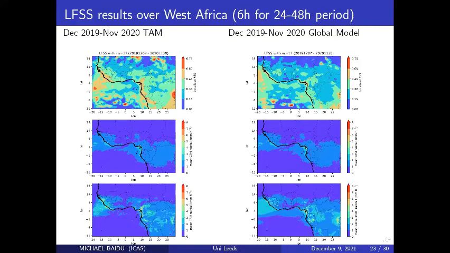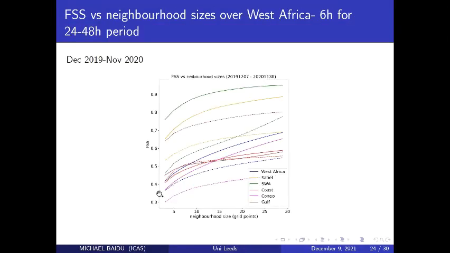And so the day 2 forecast is always better than day 1. So you see that the tropical African model is performing better for most of these regions. So when you do the fractional skill score against the neighborhood sizes for the different regions of study, you see